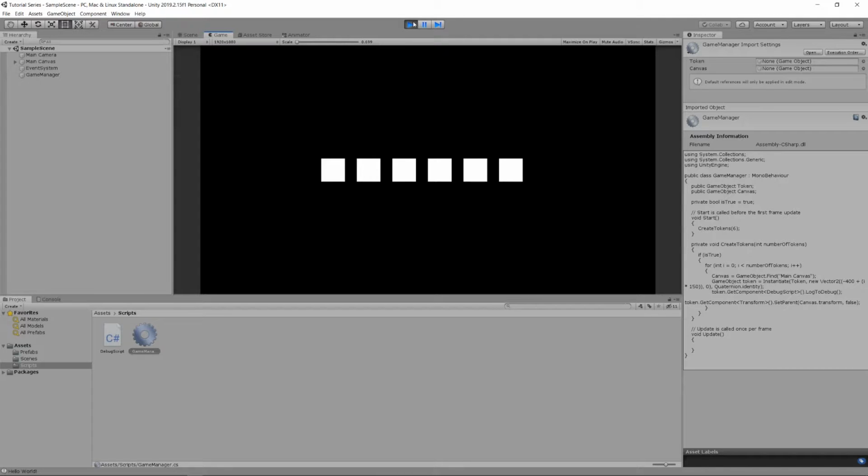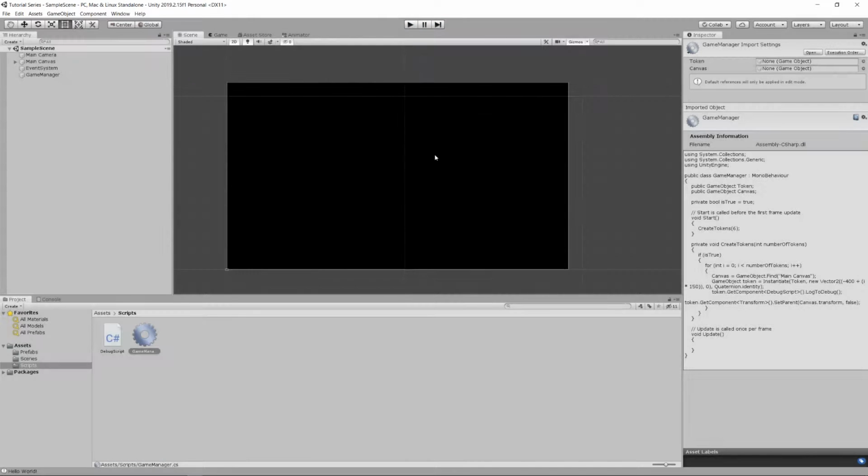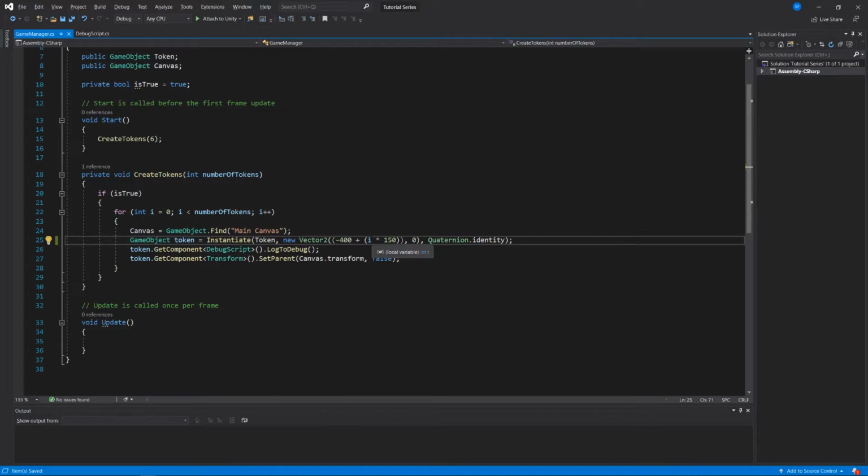And let's say we wanted to be a little bit further down so that, let's say, I'm playing a hand of tokens to myself, and you're up top here. I'm representing you up at the top of the game board. I want you to be dealt the same amount at some point. So let me move these tokens downwards a little bit just by saying, similar to the x coordinate, minus 400